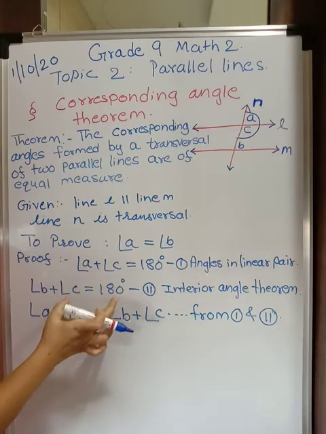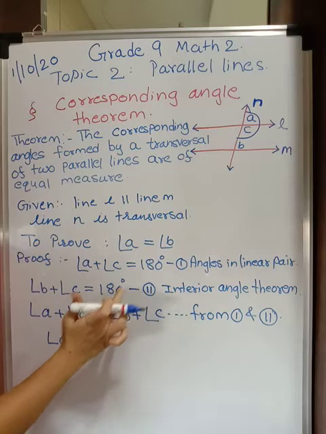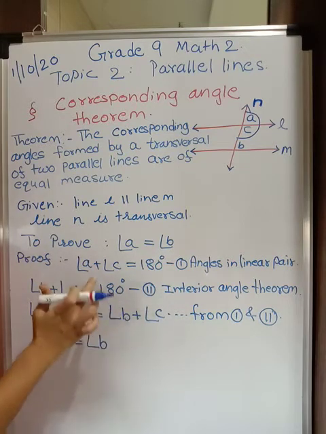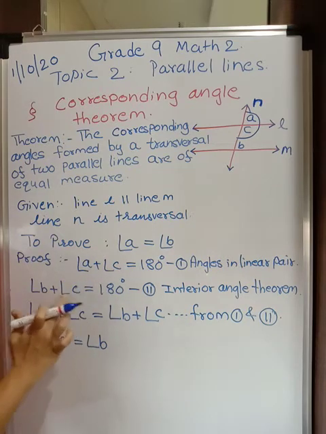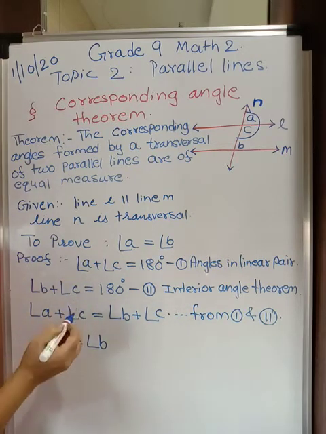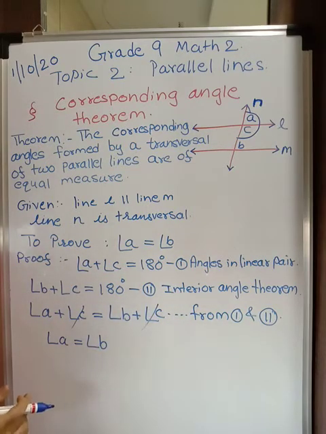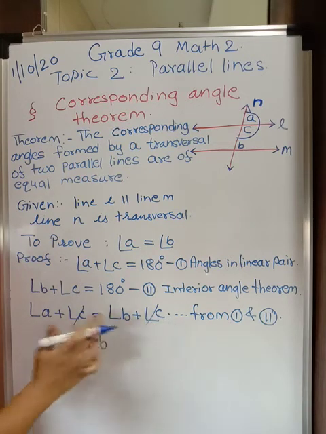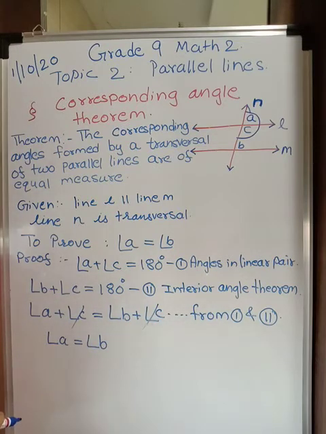Now here, concentrate on these two steps. This is the first step and this is the second step. In this case, the right hand sides are equal, 180 degrees, 180 degrees. So obviously the left hand sides will be equal. So what I have written, A plus C is equal to B plus C. Okay, now angle C will be cut off. Why? Because if I shift this angle over here, it will be minus C. For example, if this is 20 degrees and this is 20 degrees, if I shift this 20 degrees over here, it will be minus 20. 20 minus 20 will be 0. It is as good as cutting the like terms from both sides. And what are we going to get? Angle A is equal to angle B. And thus it is proved.